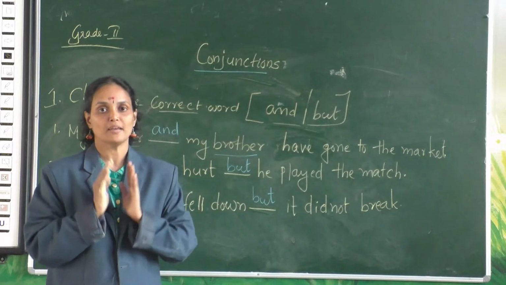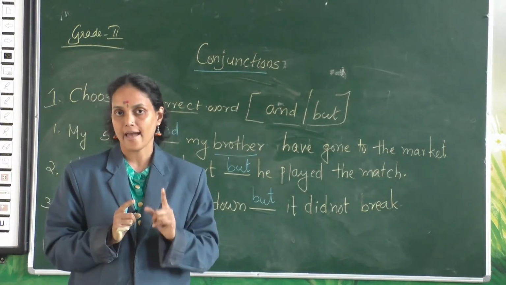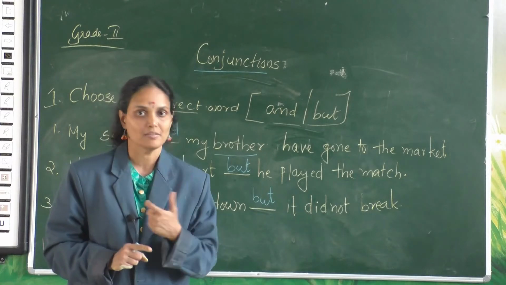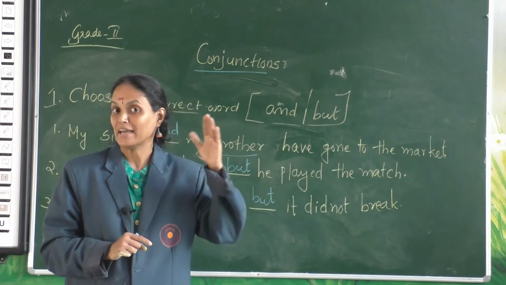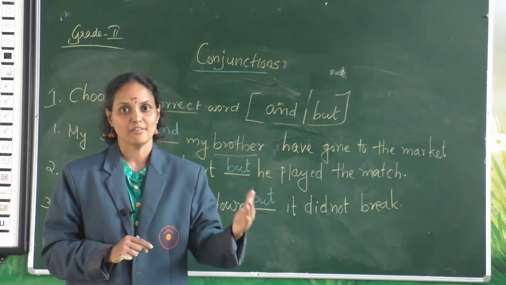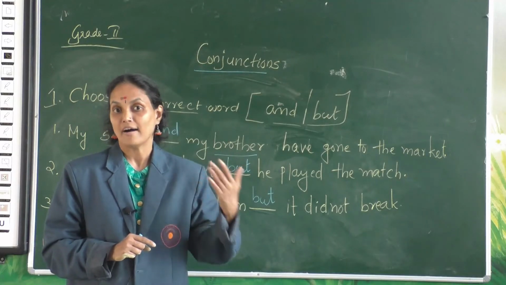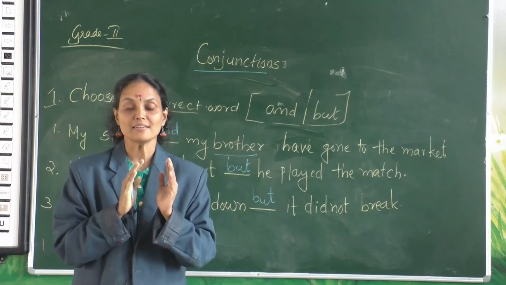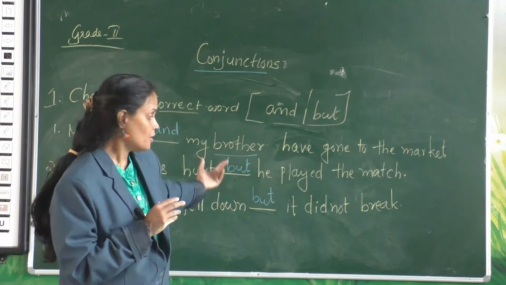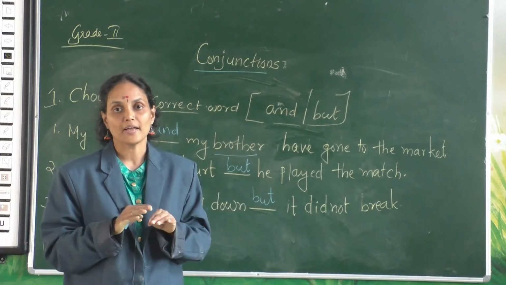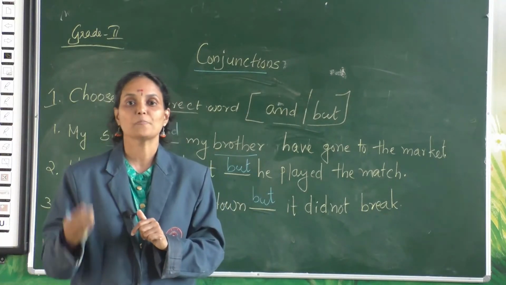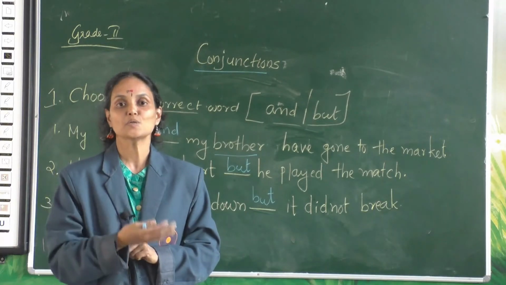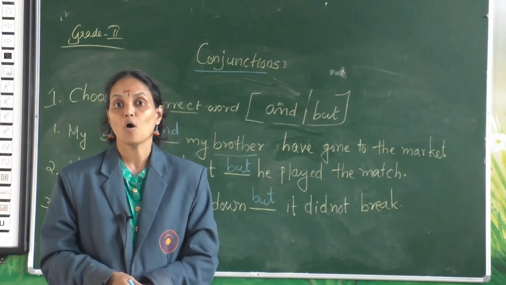Children, please do bear in mind these two conjunctions, and, but. And is used to frame word pairs. We have already enlisted some word pairs over there. Chair and table, bread and butter, father and mother, brother and sister, etc. Okay, having similar meanings. Correct? But is used to combine two dissimilar meanings or two opposite ideas. Now, let us move on to the use of the last conjunction or.